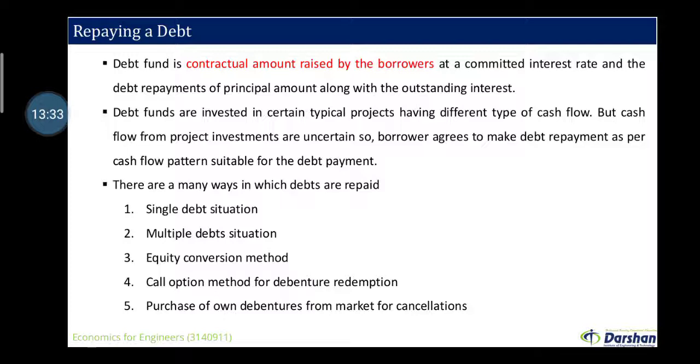So these debt funds are invested in certain typical projects that have different types of cash flow, but the cash flow from the project is, we can say, uncertain. So borrowers agree to make a debt payment as per the cash flow pattern suitable for the debt payment, because